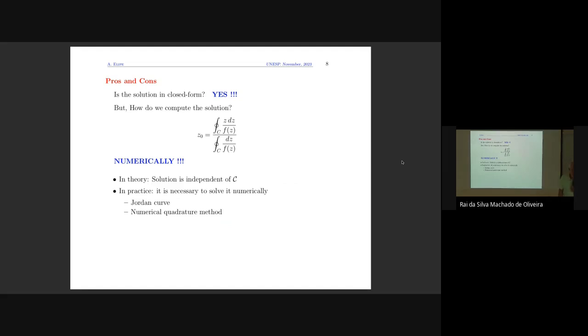So that reminds me of a phrase of Professor John Jenkins that said, in theory, there is no difference between theory and practice, but in practice, there is. So this is what happens here. In theory, everything is perfect, but in practice, there are many differences. Okay.